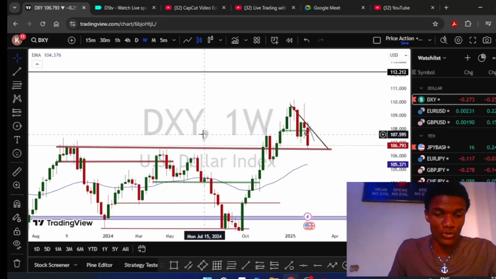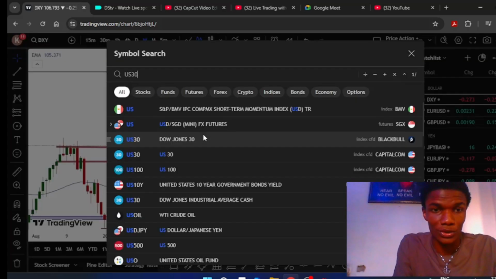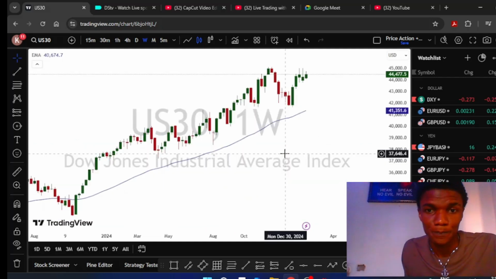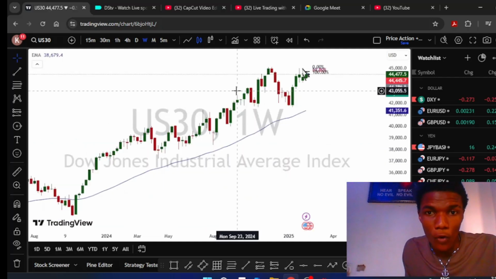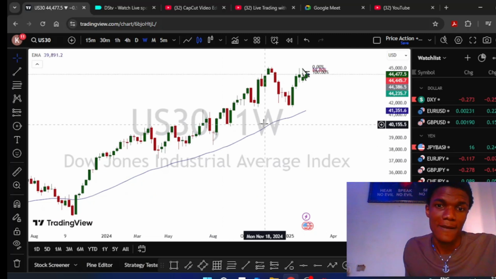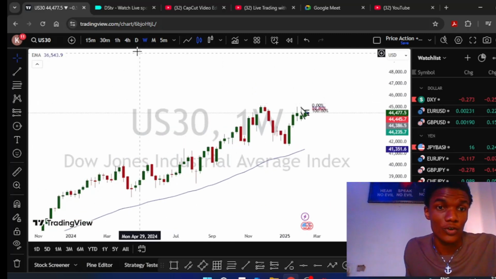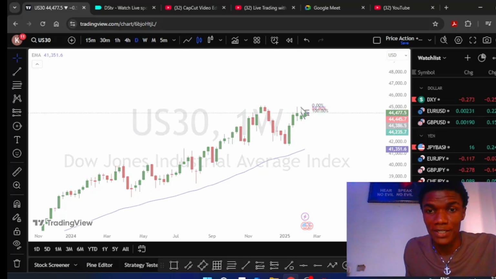But guys, there's something I want to show you on US30. I don't trade US30, but the trade is inevitable. So I'm just going to quickly show you the setup I'm looking out for. I'm looking out for buys on US30. First things first,